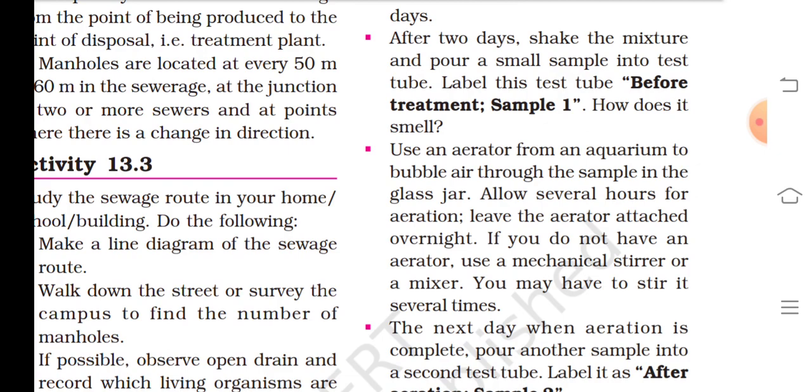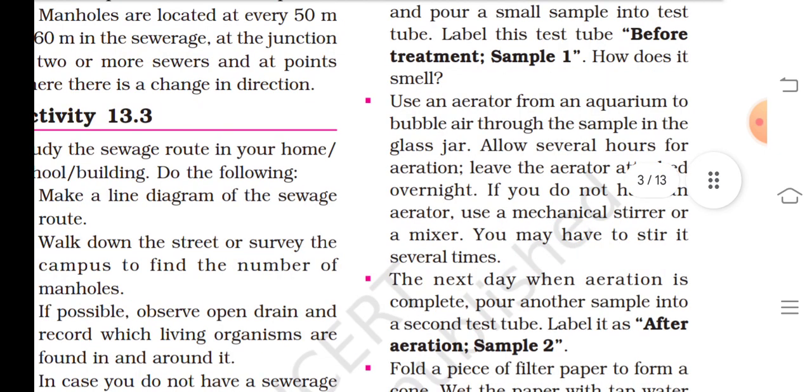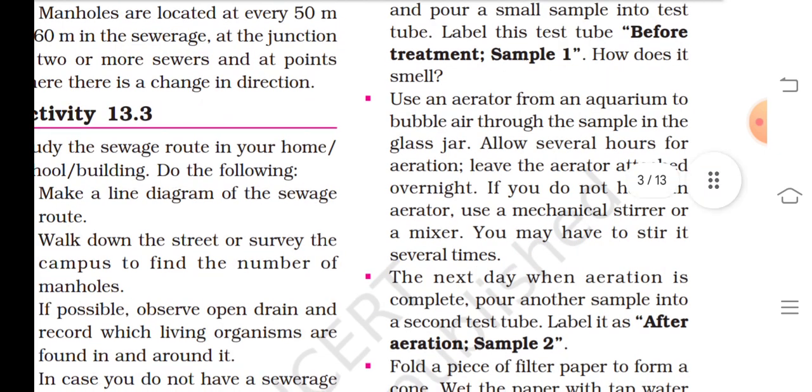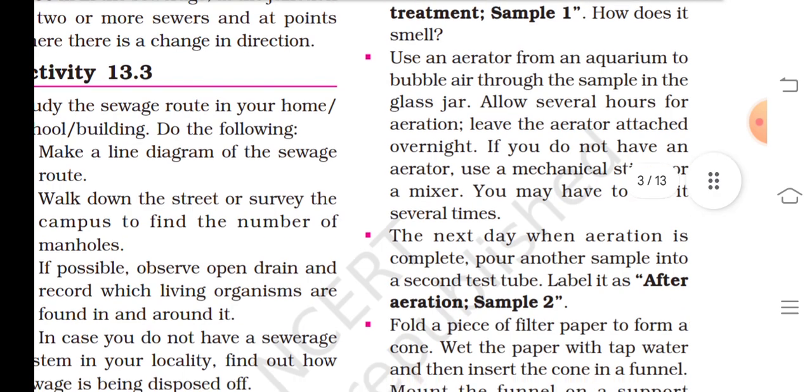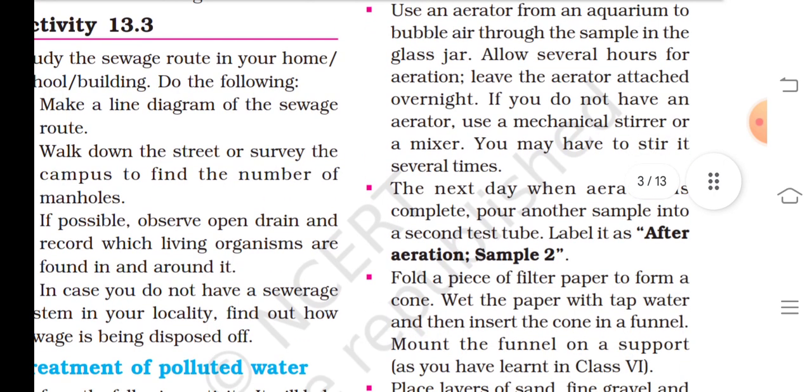Label this test tube before treatment, sample 1. How does it smell? Use an aerator from an aquarium. Bubble air through the sample in the glass jar. Allow several hours for aeration. Leave the aerator attached overnight. If you do not have an aerator,